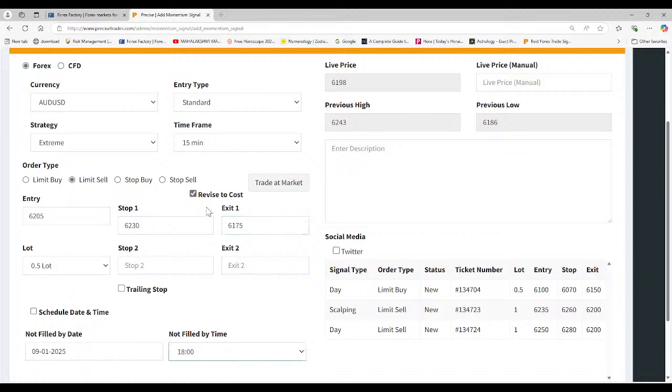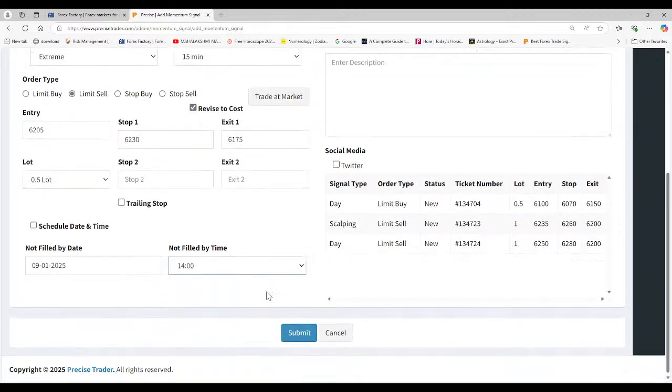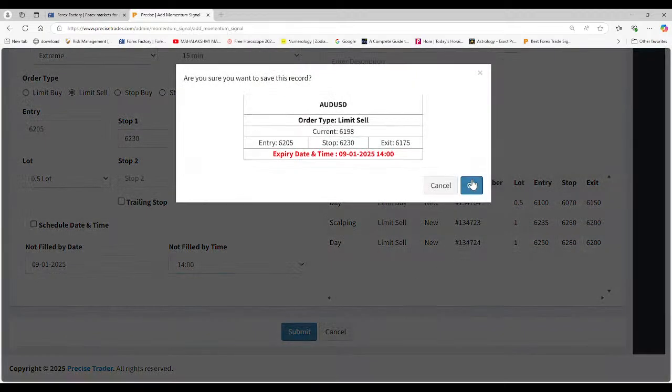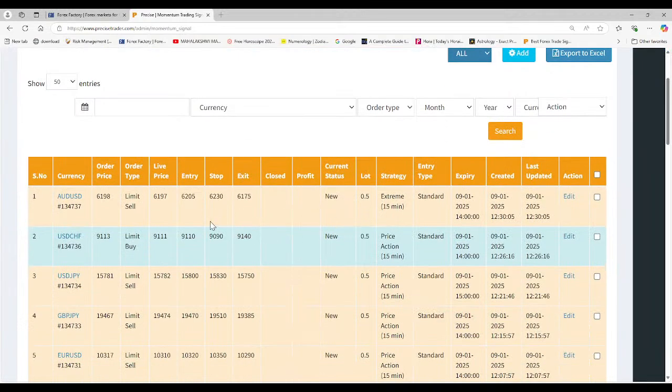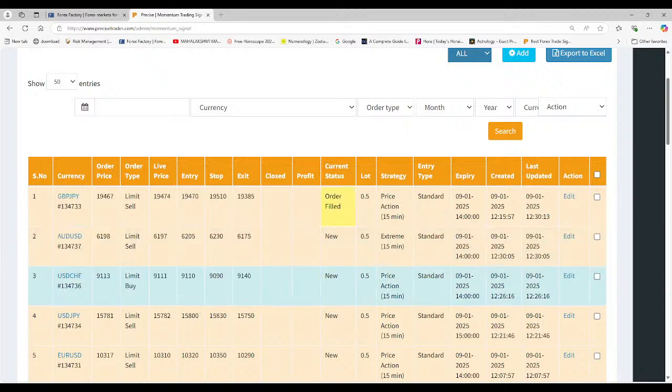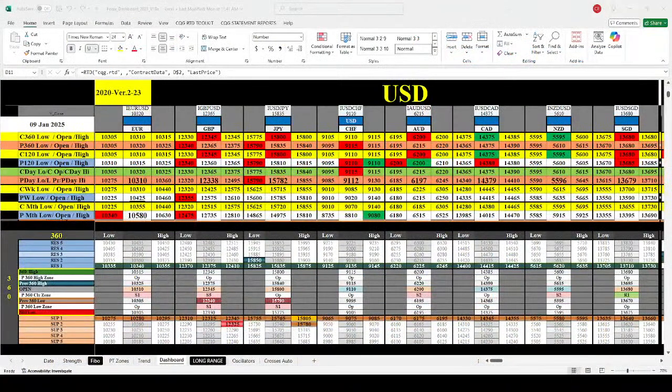Again, for expiry we'll just give 1.5 hours, because we are trying to enter near the market. So this trade is 62.05 selling, stop 30, 61.75. Let's move on to the next